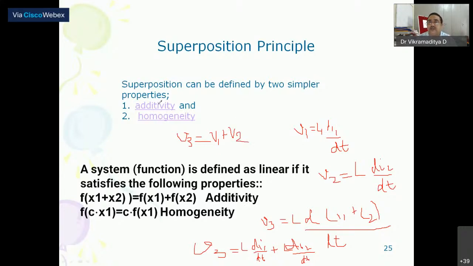Now let's talk about the homogeneity principle. We have this equation V is equal to L di by dt. Now suppose I increase the current by, say, k times. So what I will get, V is equal to nothing but L d